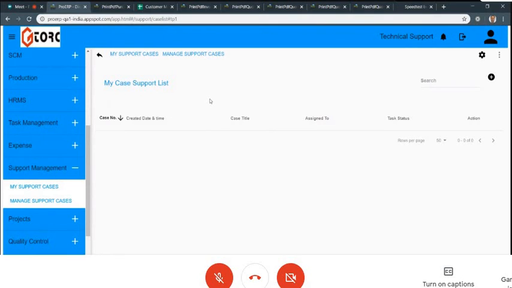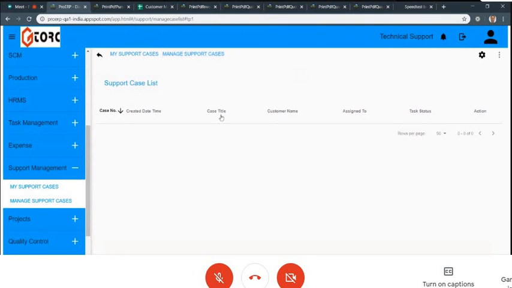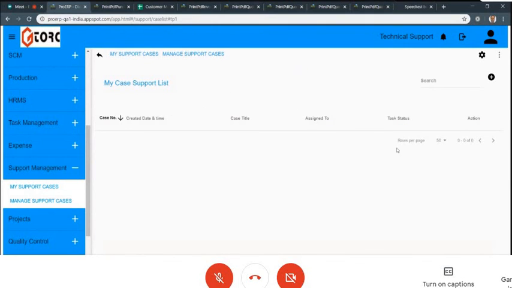So let's say some complaint comes. How do we register it and assign it to the concerned person? You can create a complaint, put in the details, assign it to people, and then manage those cases. You have a history of the complaint, whether it's open or closed, and reports around it. Okay, so it is basic case management. Support management is what we call it.